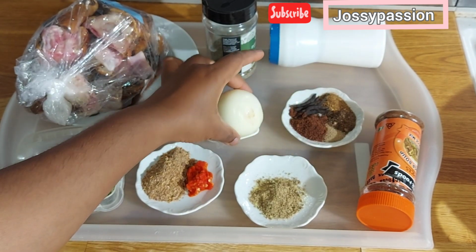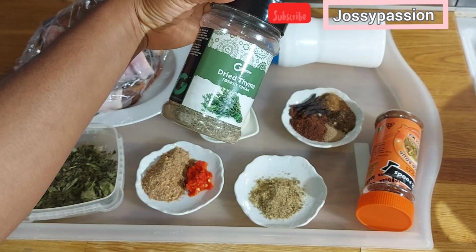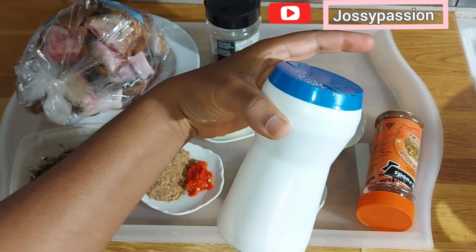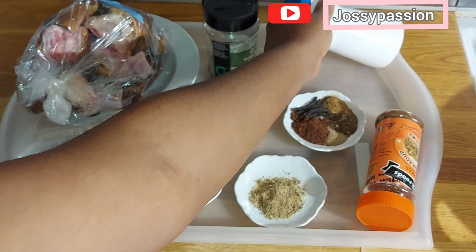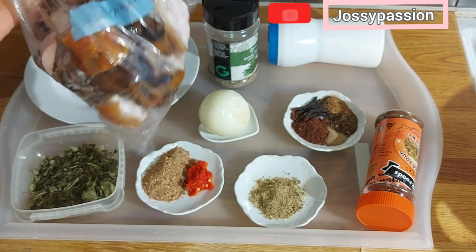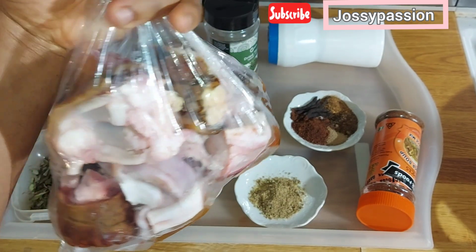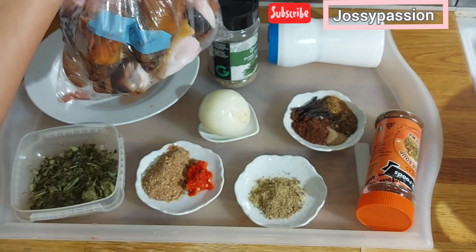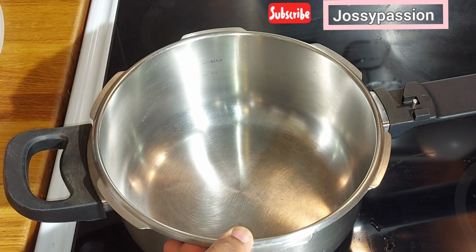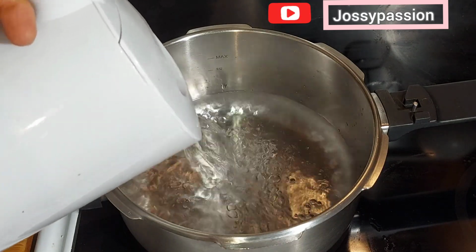So I also have one large onion. You can use any color of your choice. I will be adding some thyme, some salt, and here is the cow foot already prepared, washed, clean. I brought it out from the freezer this morning and now it is evening. So it's ready to be cooked, and I'll be using my pressure cooker because cow foot takes a lot of